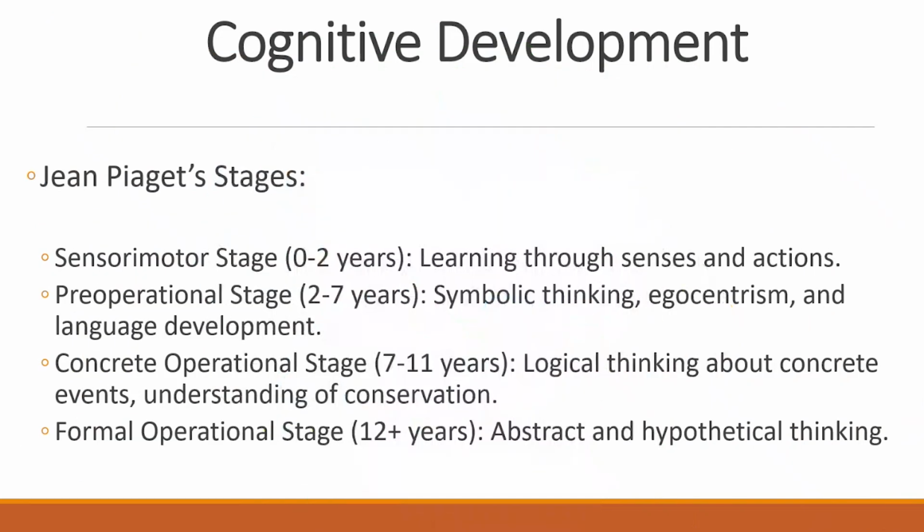Now we're going to speak about cognitive development. There is a theorist called Jean Piaget, and he has stages of cognitive development that we are going to speak to. The first one being the sensorimotor stage. The sensorimotor stage takes place between 0 and 2 years of age, where children are learning through senses and actions. So all of their 5 senses are working for them to learn, as well as them doing actions. So they are using their sight, their hearing, their touch, their taste, as well as their smell in order to